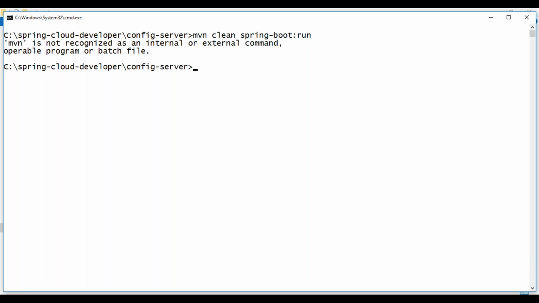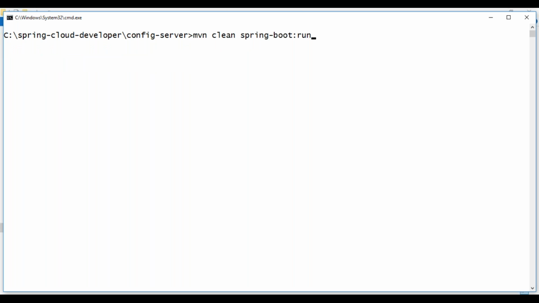Okay, mvn is not recognized here. That's okay, I use the mvnw wrapper and clean spring-boot:run over here. When I hit this command,